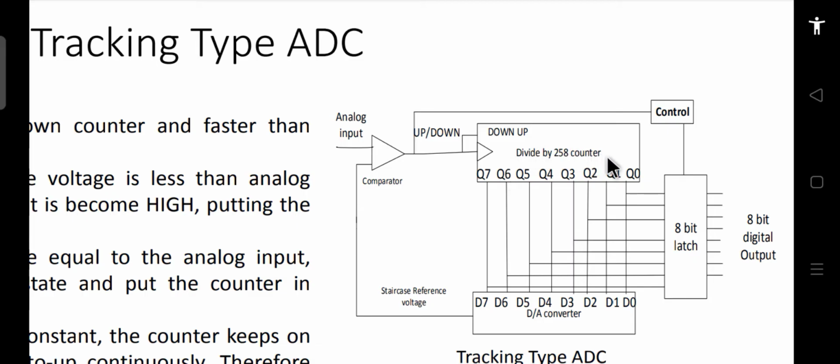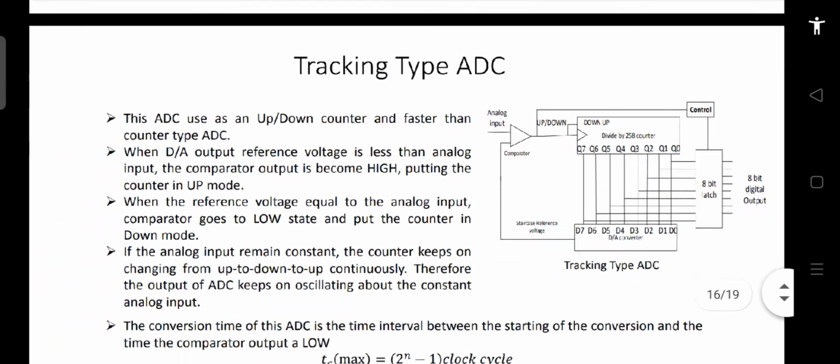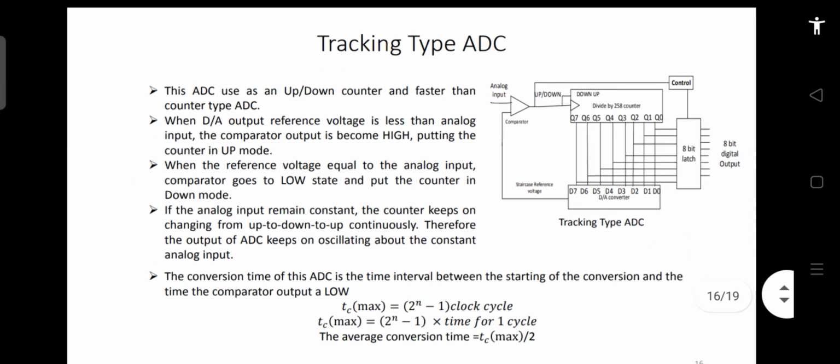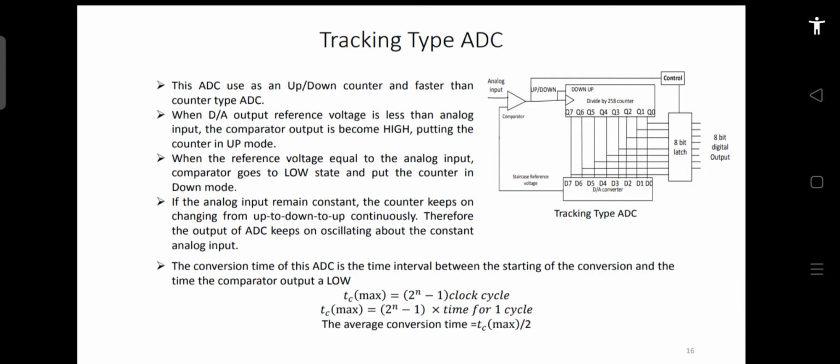That is the advantage. The rest of the things are the same as the counter type ADC. With this, we reduce the settling time of the circuit, and therefore the conversion time is also reduced, and the speed of operation increases.